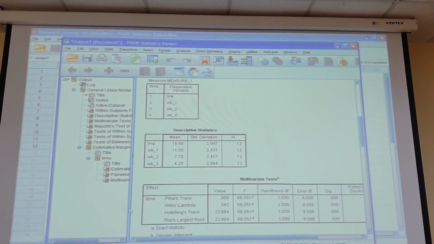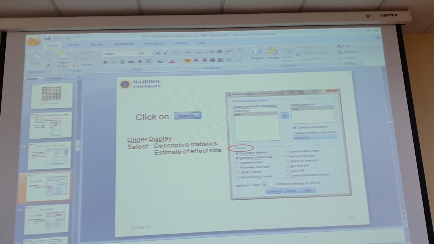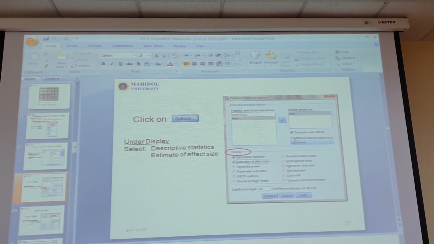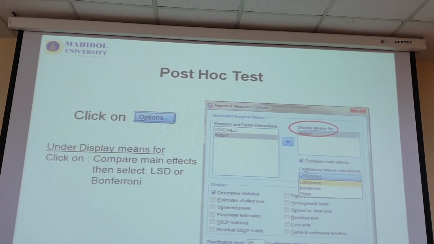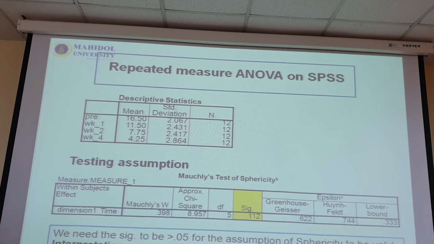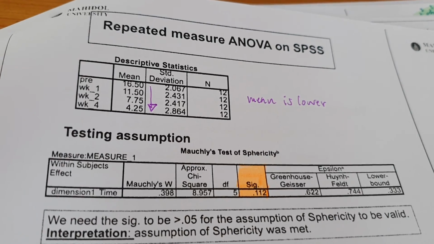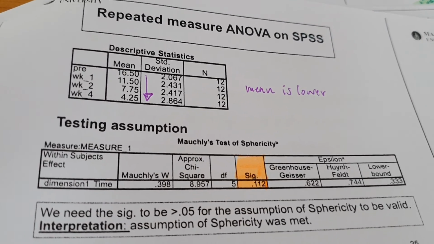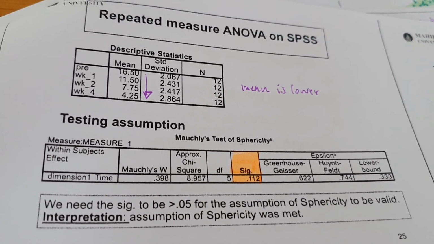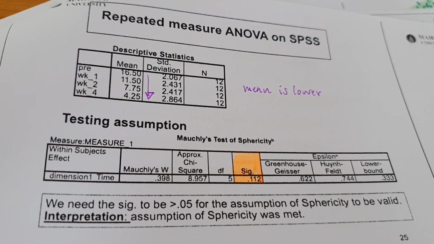Everything here, I will go to my PowerPoint because it's bigger. Okay, same result as your output? No. Can you check your answer? I will skip this because at this level we can use the univariate result. They are the same result. Univariate is easier. Okay, and the data you have to key in by